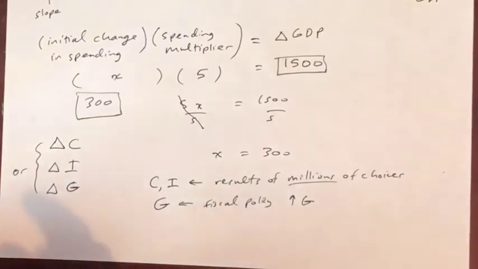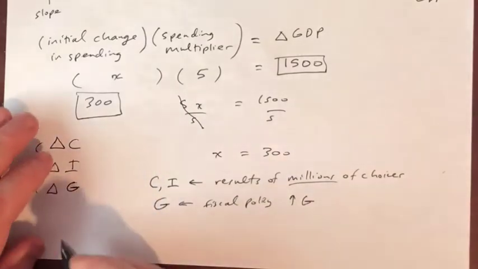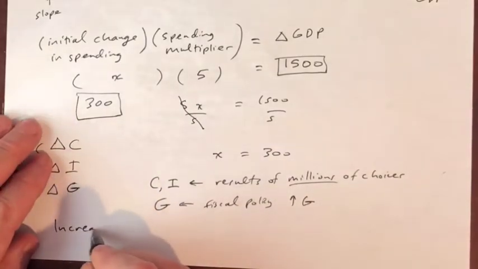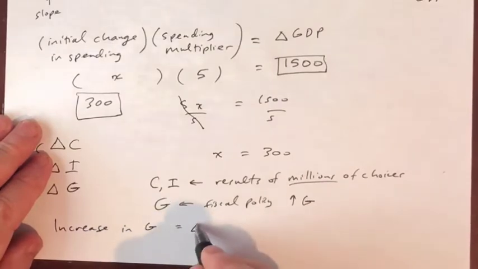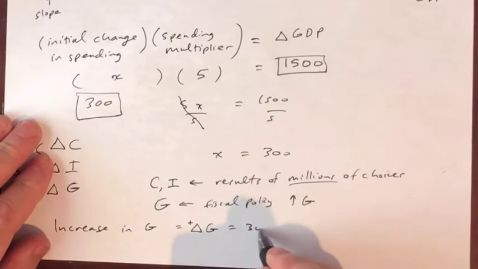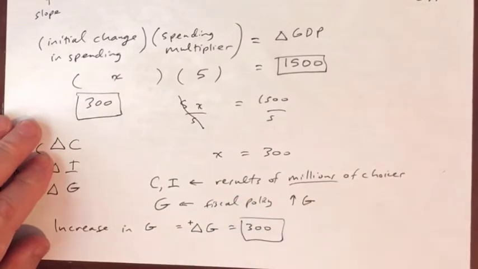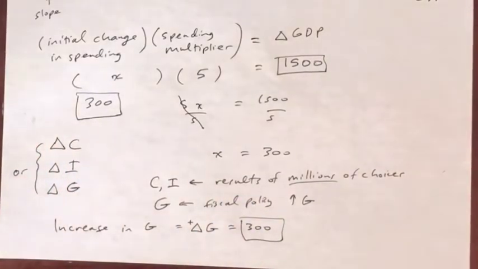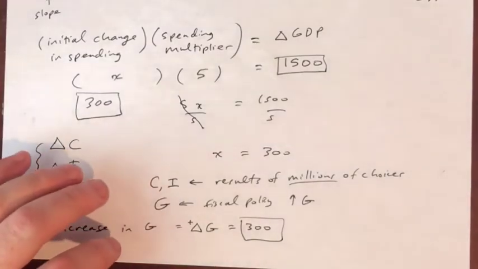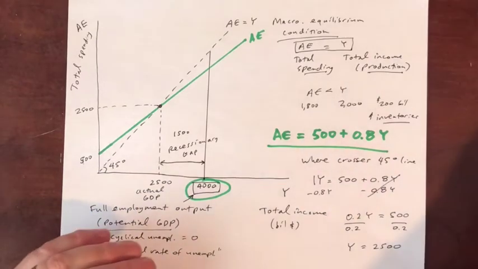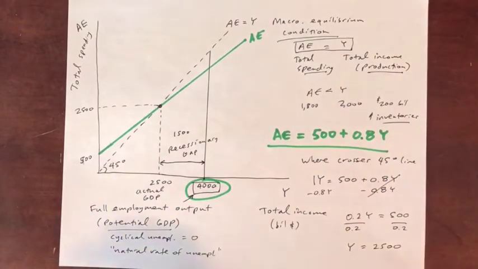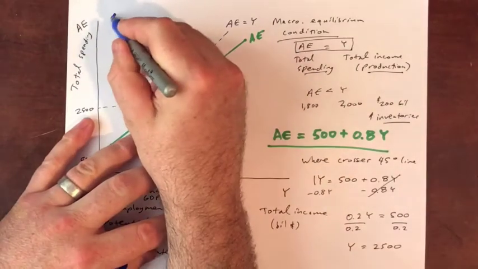Okay, and we already have the answer, right? What we need here is to see an increase in G. That is a delta G, a positive delta G, and we already know how much it needs to be. Okay, $300 billion. Now, if we do that, let's go back to our graph. Let's add this in. We're doing a delta G